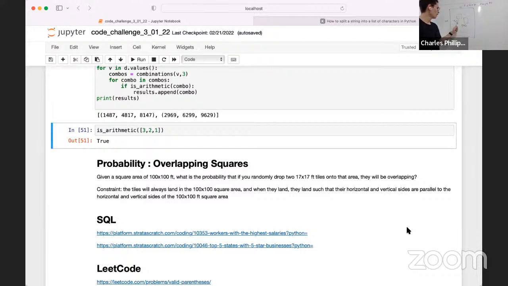We're given x1, y1, x2, y2. For these squares to be overlapping, I'd say the absolute difference between x1 and x2 has got to be less than or equal to 17. And, very important, and, the absolute value of y1 minus y2 has also got to be less than or equal to